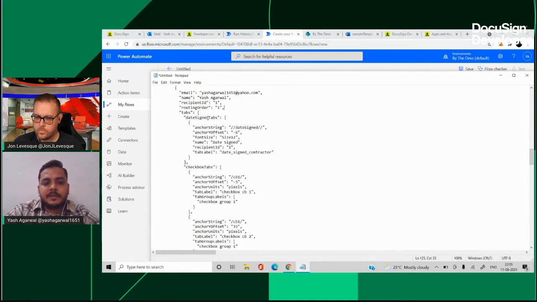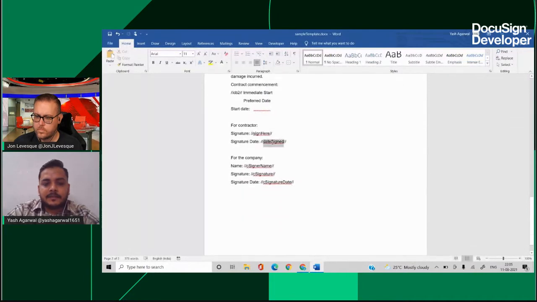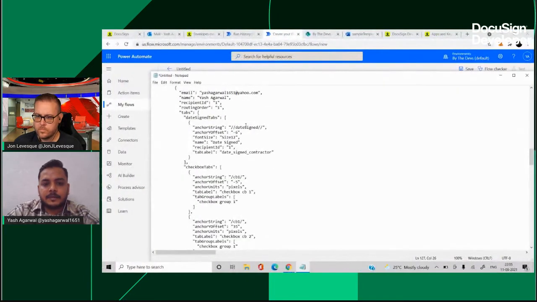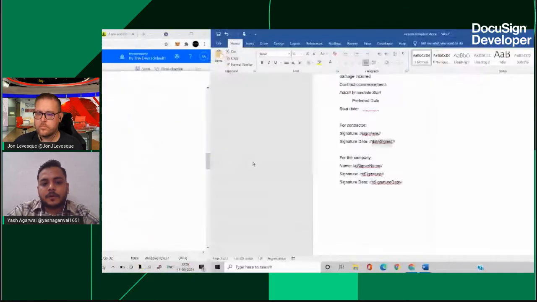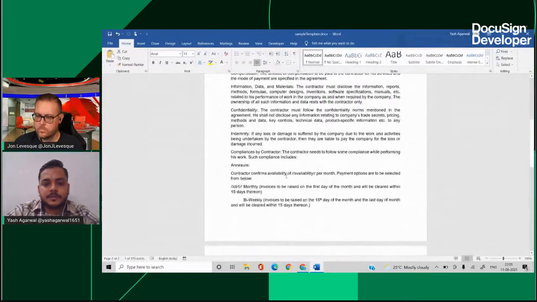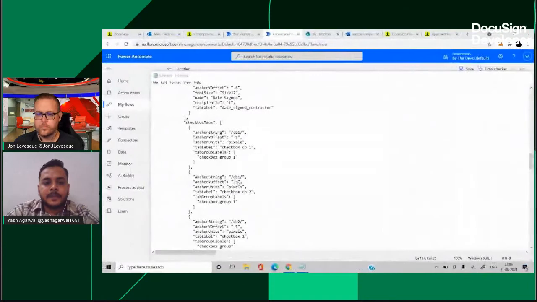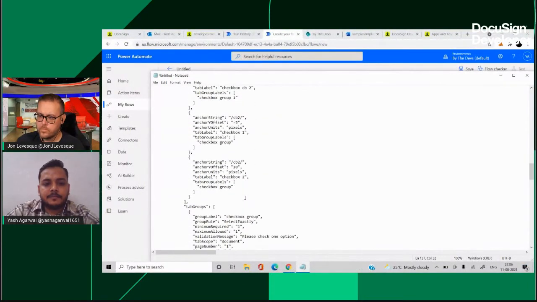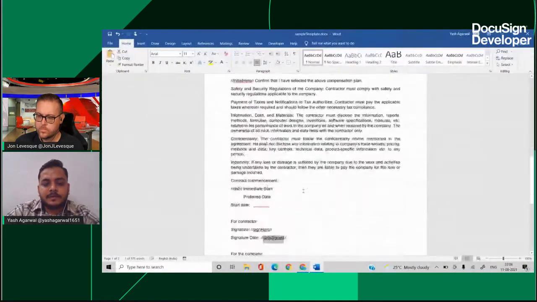And then I have a date signed tab so that I get when it was signed. And if I compare it back with my document here, you'll see that I have a date signed tab here for the contractor, and it matches with this one. So similarly, we have all these others as well, and the checkbox tab, which is CB1, and this is for the type of compensation that the contractor can select. Is it going to be monthly or is it going to be bi-weekly? And after that, I have checkbox 2, which is the other one,